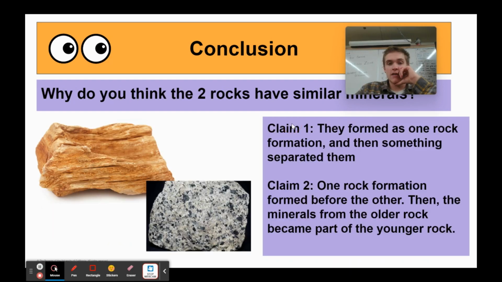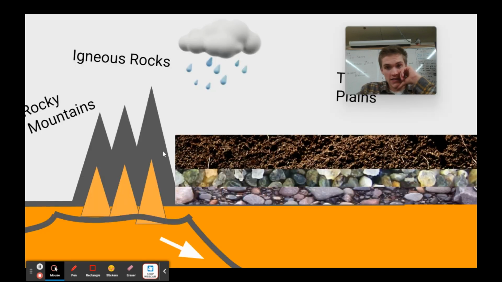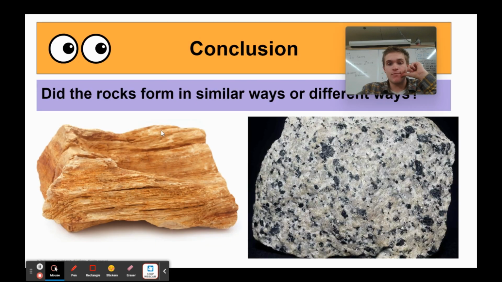That's great. The sedimentary rocks have similar mineral compositions because they were created by eroding and weathering down the igneous rocks of the Rocky Mountains. So even though these rocks look very different, that is why they are very similar.